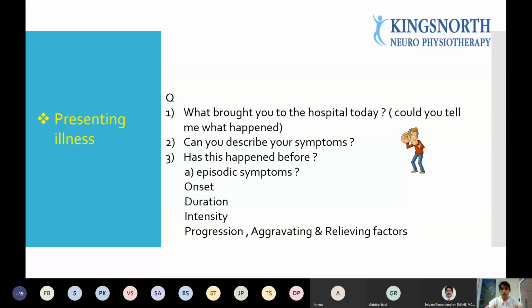If they are episodic, it's good to remember this when we are having a conversation, like asking for the onset. So when did it start? Those were the questions I was asking Giri. I would have progressed to intensity and further to the next stage. So basically onset means when did it start, how did it start.